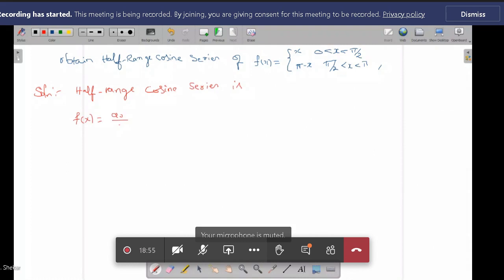It contains only cos terms, plus summation n running from 1 to infinity an into cos n pi x by t, called equation 1, where a naught is